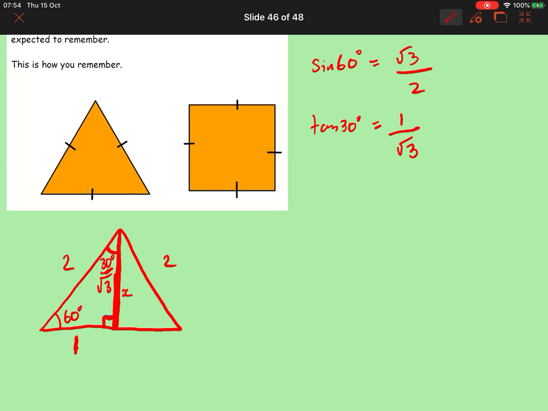Adjacent is root 3. So tan 30 is equal to 1 over root 3. We could also rationalise the denominator, and it's root 3 over 3. It's the same thing. So if you just remember that special triangle, you can find out all of the sines of those particular angles. Let's just quickly look at the other special triangle, because that helps you only with the angles 30